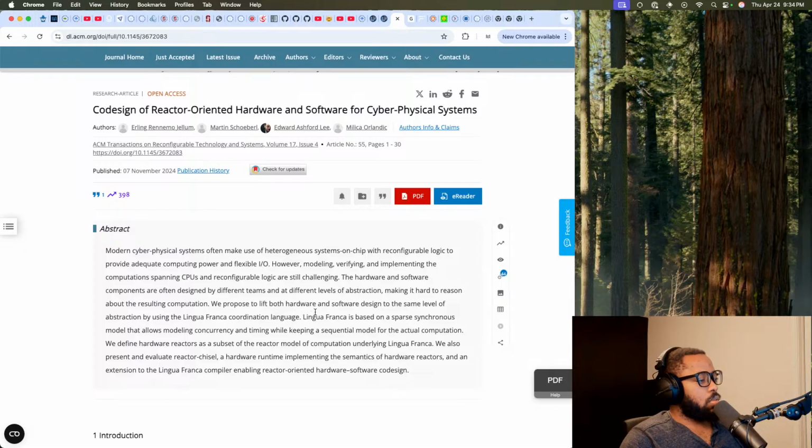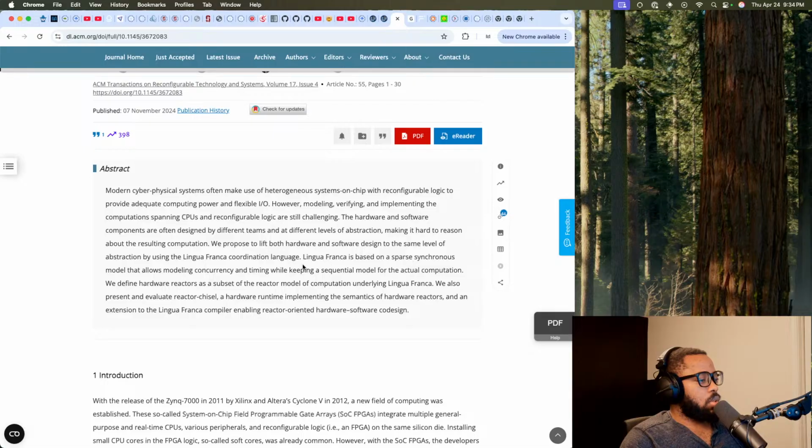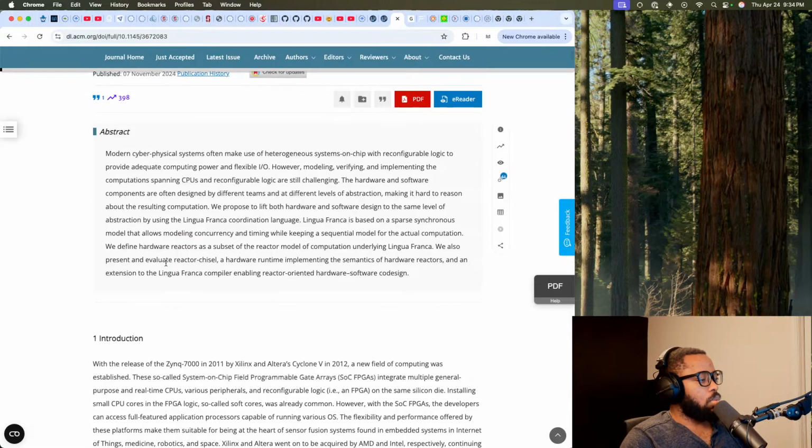We propose to lift both hardware and software design to the same level of abstraction by using the Lingua Franca coordination language. Lingua Franca is based on a sparse synchronous model that allows modeling concurrency and timing while keeping a sequential model for the actual computation. We define hardware reactors as a subset of the reactor model of computation underlying Lingua Franca.